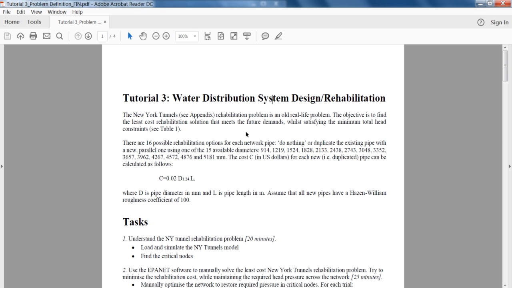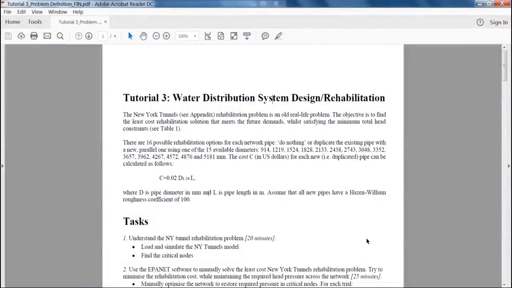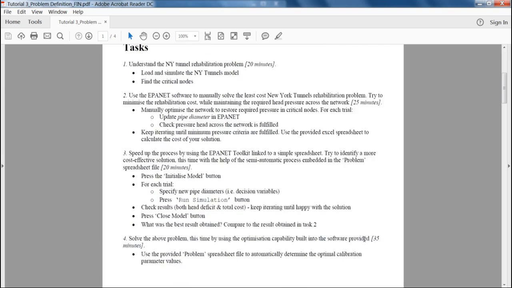As I mentioned in previous sessions, EPANET assumes that all demands are satisfied. So it solves the system of hydraulic equations and calculates pressures based on that. So actually, we have to find the least cost solution that satisfies the minimum total head constraints. That means we have a two objective problem. So let's jump into